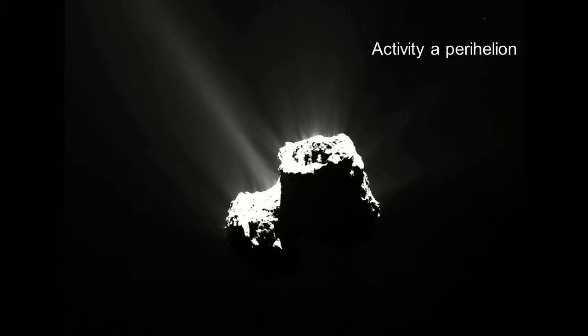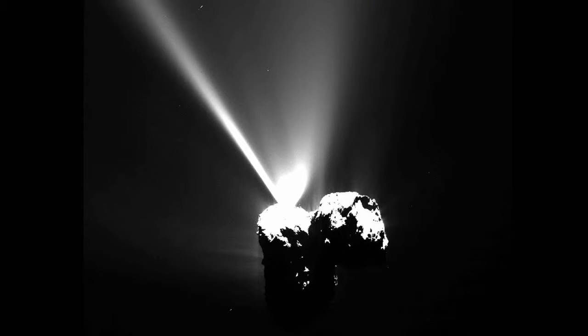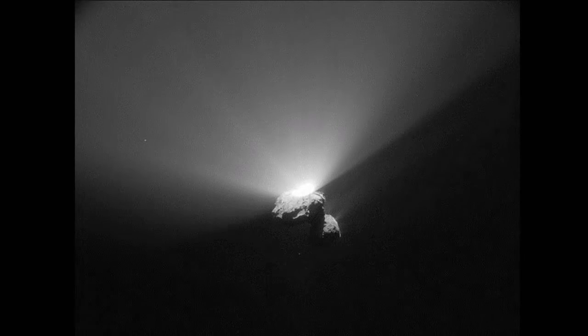The activity at perihelion, we see a further increase, and we also start seeing some very violent outbursts where a lot of dust and a lot of material is ejected in a very short period of time. So we observe very clearly these ejections of material from very localized spots on the comet. And these ejections of material now form very bright observations, being sometimes brighter than the comet itself.